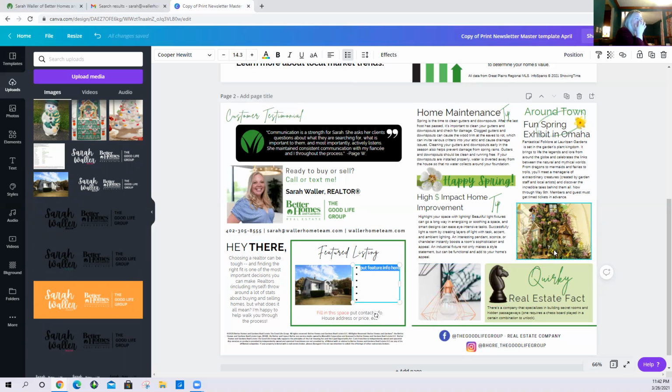So now you can put in your features. She's already got bullets for you. So I'll just type that. But yeah, just put in whatever you want. If it goes larger than that, you don't have to have all those bullet points, or whatever bullet points you want. It's a matter of what you want to put in there. But again, it's just clicking on that text box, highlighting the words, and then retyping them however you want to do it. And then you can fill this space with the contact info,